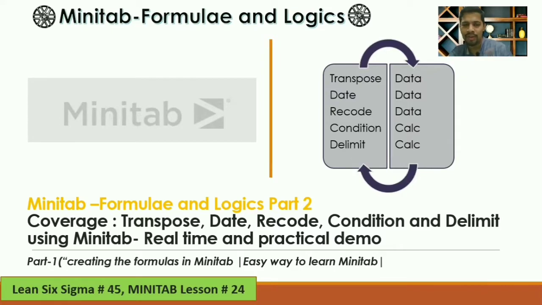For example, you have a part number followed by a customer number put together, and you want to separate them. How you typically do the delimiting functions in Excel, but in Minitab we can do it much faster without writing the formula. All of these things are already there in Minitab. All we need to do is select the options appropriately,